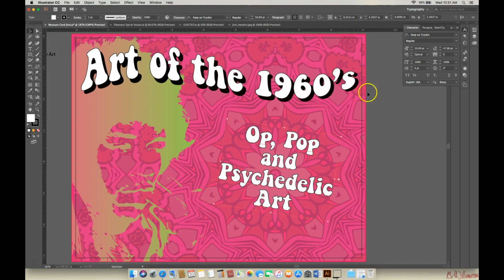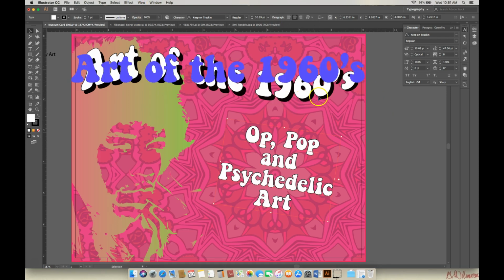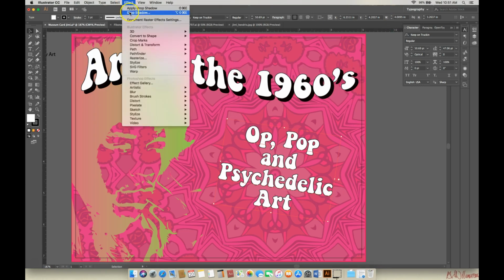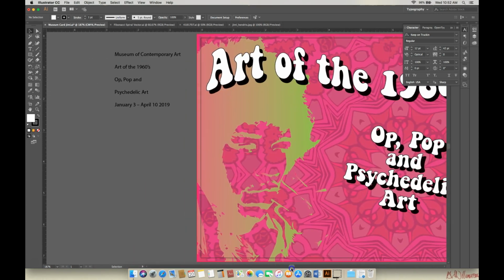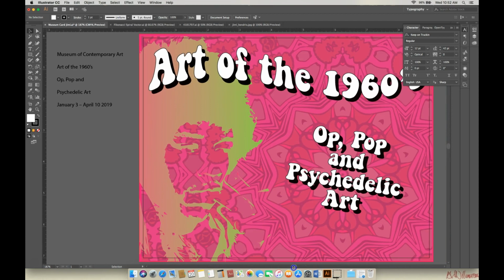Okay, and then I think I'm going to apply the same sort of drop shadow to this, because right now this really pops and this does not as much. So I'm going to go ahead and apply drop shadow, and there we go, boom. Looking cool. All right. Now, all I need to do is put in the other basic info here,